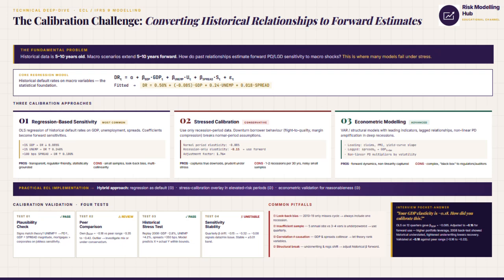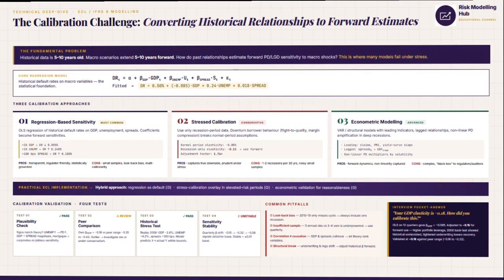So the interview question at the end captures the real challenge: your GDP elasticity is minus 1.4, but then how do you estimate it? And if you say just the regression alone, then pushback will come. And if you show the stress testing, benchmarking, and multi-method validation, you then win the credibility. And that's the difference between a model that passes and one that survives the default, right?